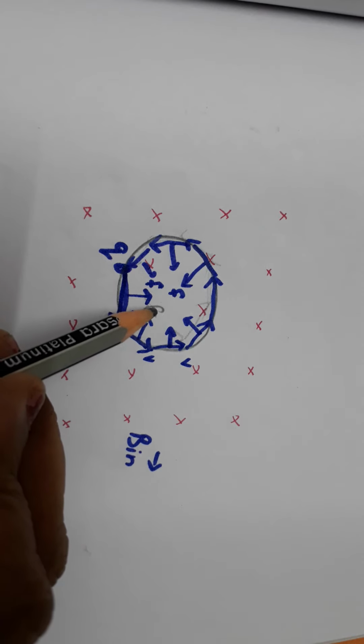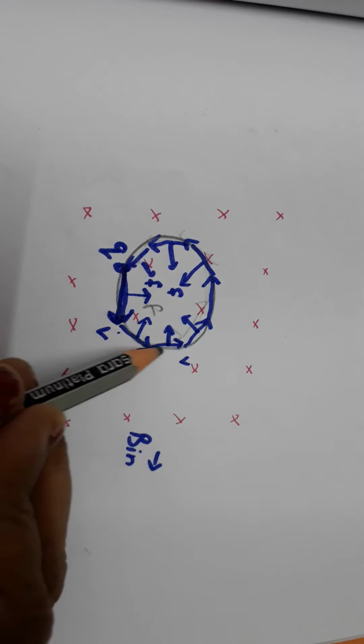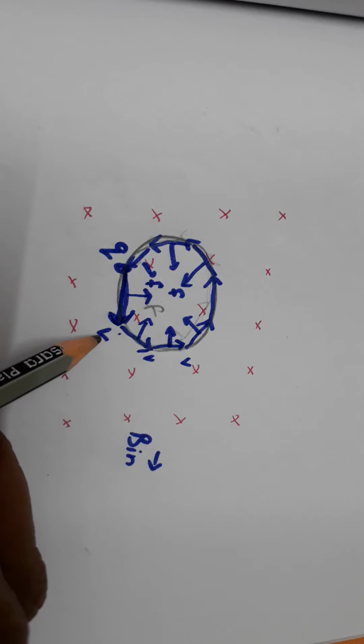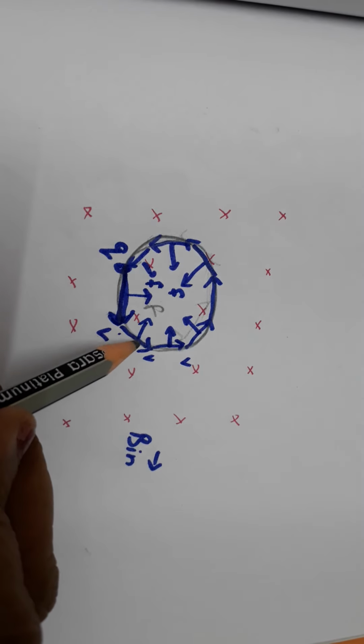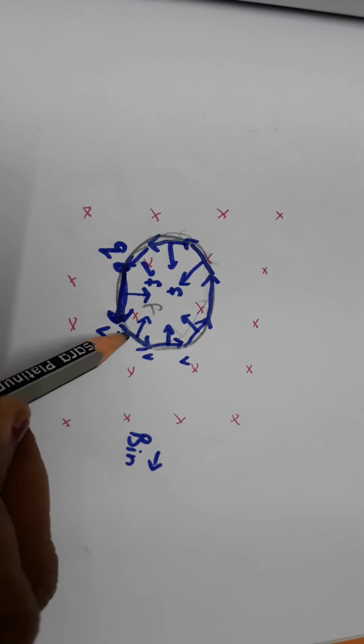This F, we call it the magnetic Lorentz force, and this magnetic Lorentz force only gives the centripetal force so that the particle moves in the circular path, right? It will not allow the particle to move linearly. It will deflect each and every time. It will act perpendicularly and it will deflect the particle so that the particle moves in the circular path, right?